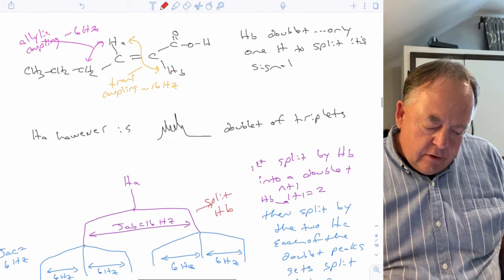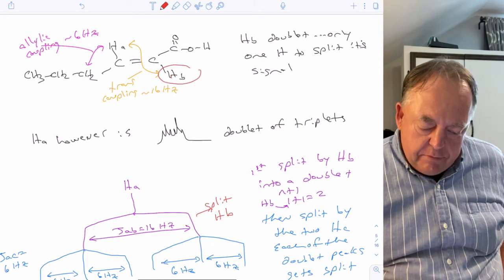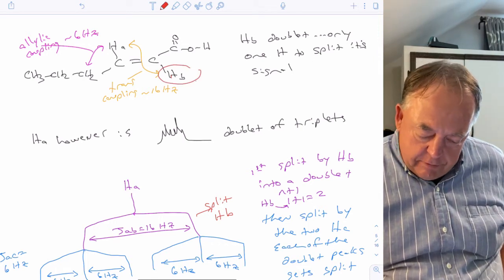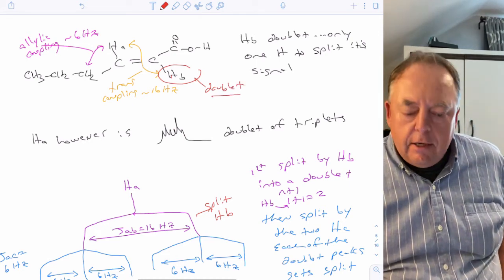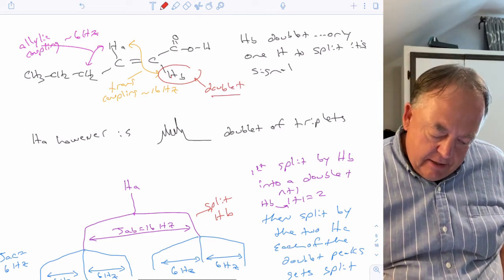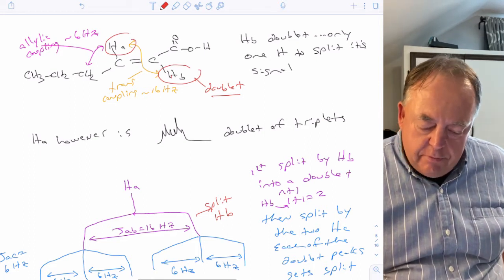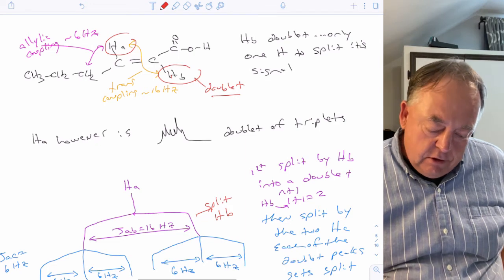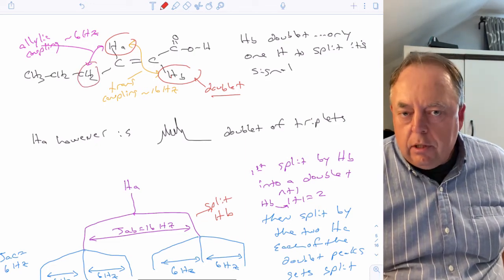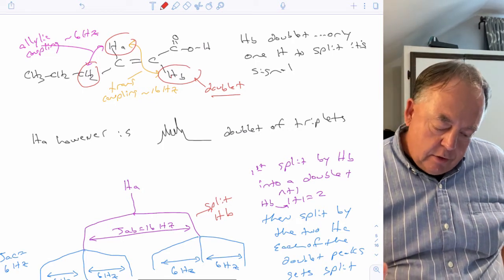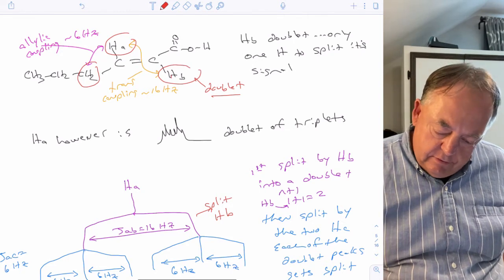Okay, so if we take another example, if we took this molecule, HB is easy. HB only has one neighbor, HA, so HB would simply be a doublet. Nothing complex about it, but HA is more complex than that, because HA is going to be split by HB, that's trans coupling, that's 16 hertz. And then it's going to be split by the CH2, but that's an allylic coupling, and that's only worth about 6 hertz. So even though HA has 1, 2, 3 neighbors,